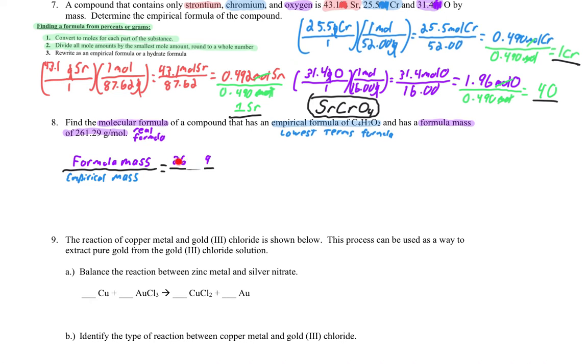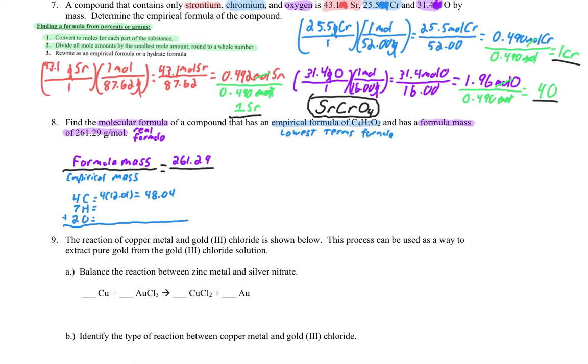That's not given to me, but the empirical formula is given to me. So I take that formula mass, 261.29, and now I have to find the empirical mass. My empirical mass will have 4 carbons, 7 hydrogens, and 2 oxygens, because that's what's in the formula. And then I'm going to add these all up. So I take 4, and I multiply it by the mass of carbon, which is 12.01. It's on the periodic table. That gives me